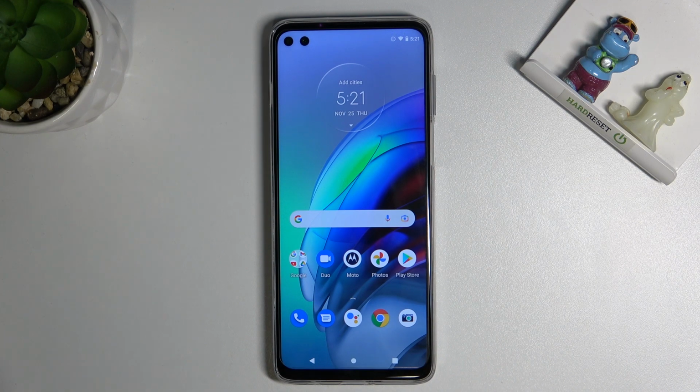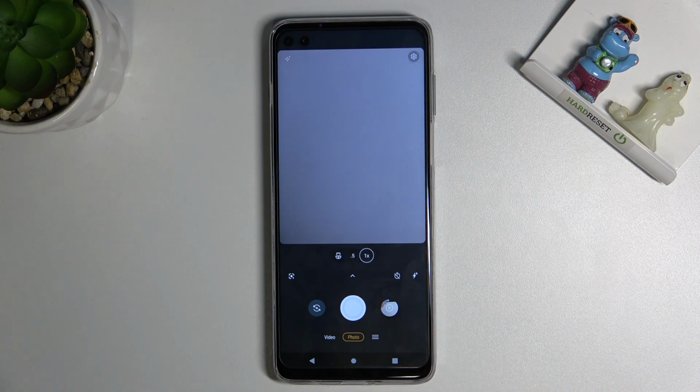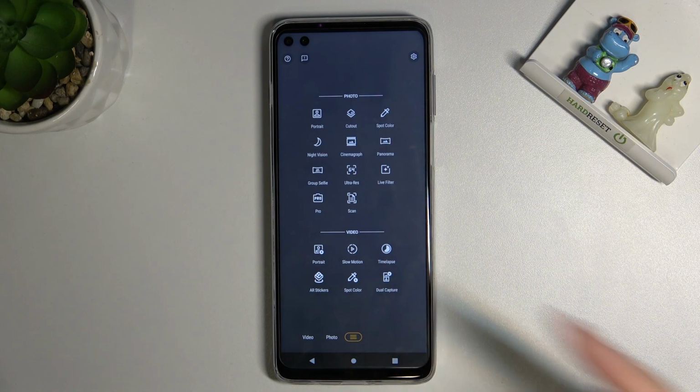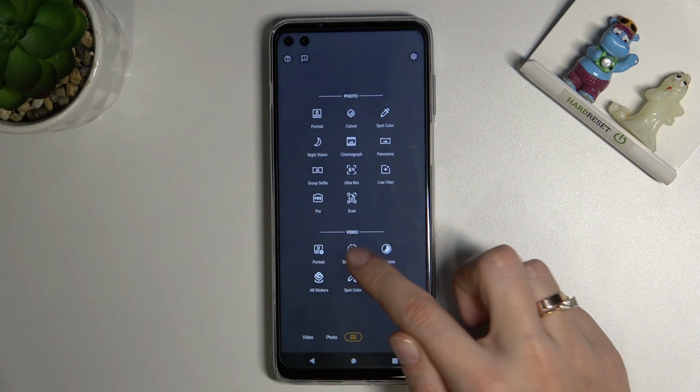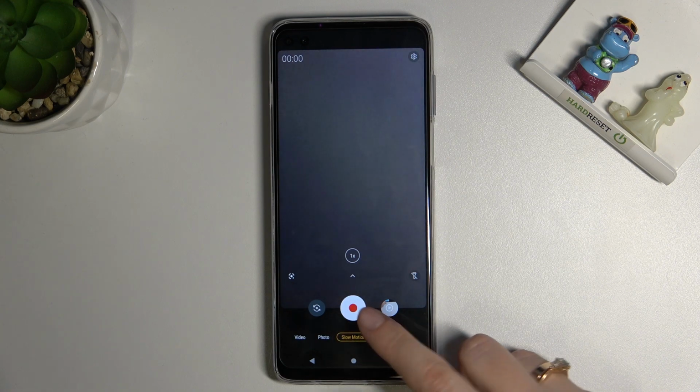recording at this device. So let's start by tapping on camera button to open it, and for now we are on standard photo mode, so we have to change it by using this settings bar and just simply going to right so we can get access to more modes of this camera. Let's focus on video category and pick slow motion. Here we are. Now we can start recording this type of video by simply tapping on the big shutter button